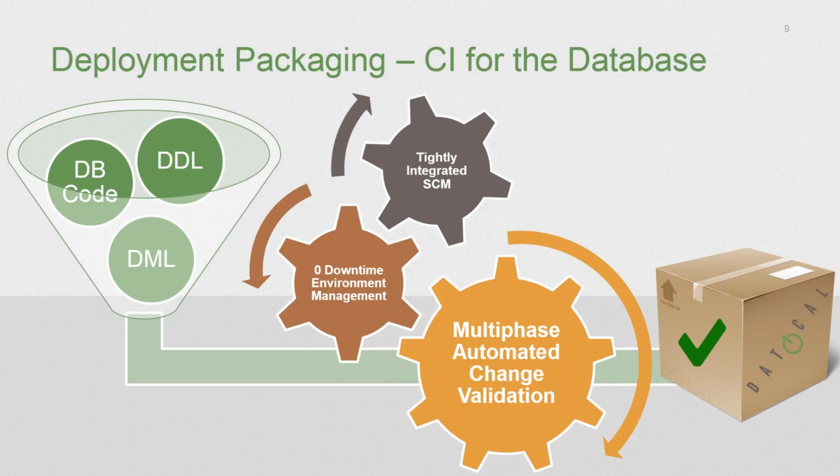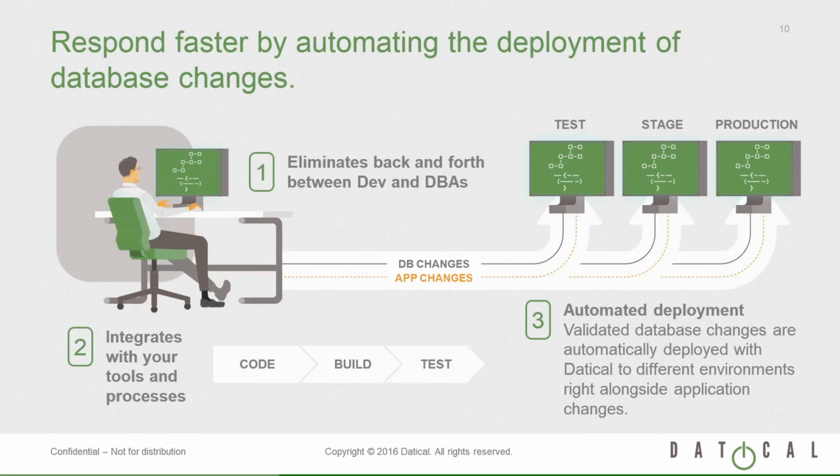You can even upload it to an artifact repository like Artifactory or Nexus, and really just push it up in there, pull it out as part of your application build automation, and deploy in much the same way that you're deploying these application changes. So with the deployment packager, we're really just matching up to what development has already built and has proven works. So we eliminate the back and forth between the dev and the DBA by automating most of those changes away. We integrate with the tools and processes already in use by application development and operations to build, test,